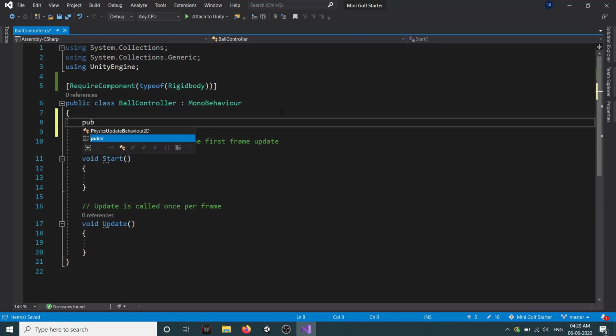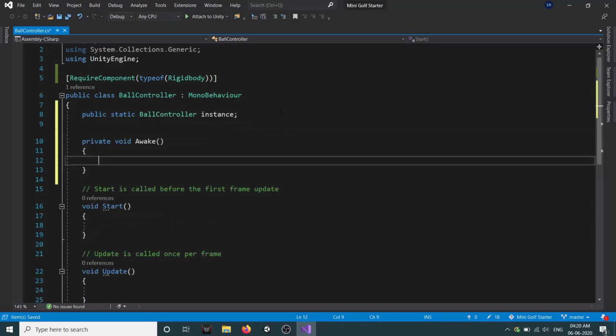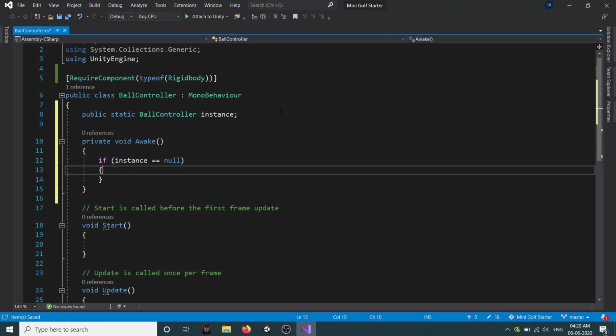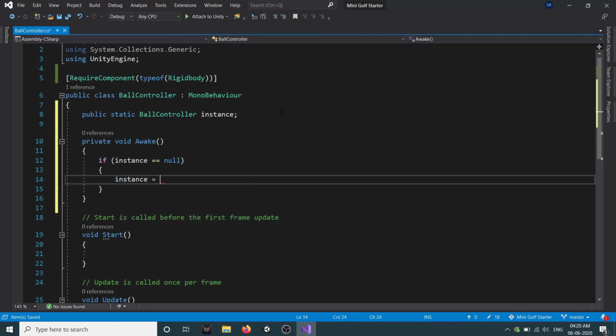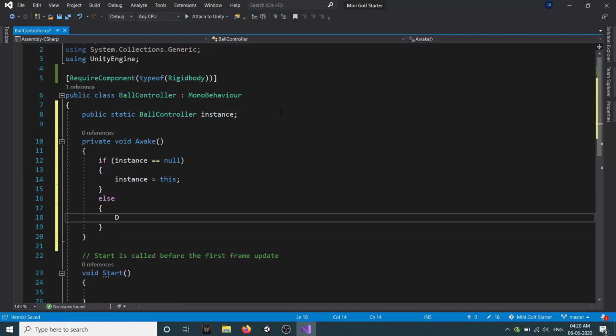So now we will make our ball controller an instance. For that we will type public static BallController instance. Then in the Awake method we will write if instance is equal to null, then instance equals this, else destroy game object.